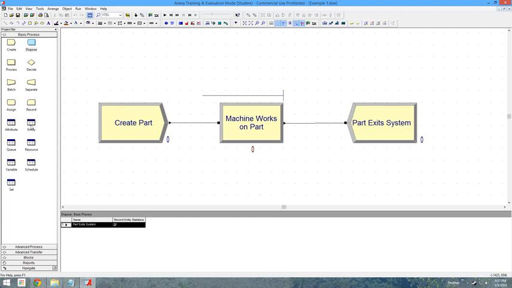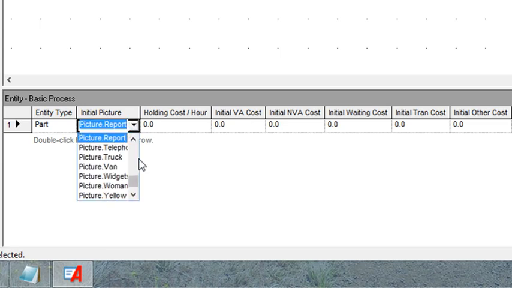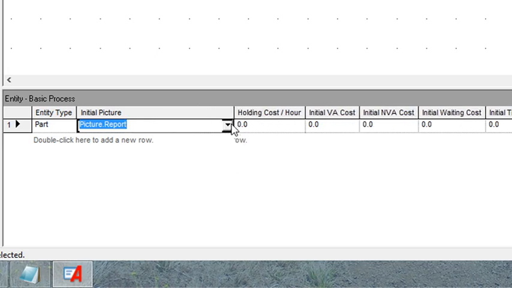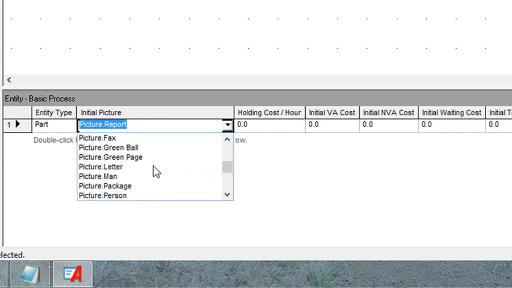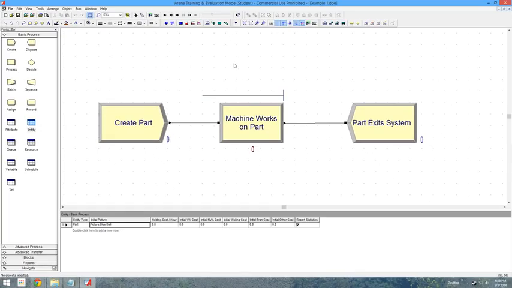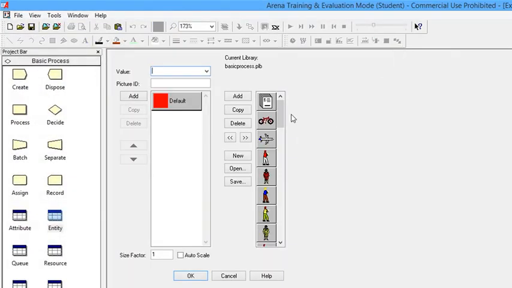Okay, so one thing we want to do, we're almost ready to run this thing. You want to go to the entity module real quick, and you'll notice here it's got initial picture. So click that once, and you have a little drop down menu. Now you can't really read them, so we've got plenty of space on our screen, so let's pull it over, and you can see all these different things. For these arbitrary parts, let's just put a blue ball. Now if you want to see all these pictures, I have to click back out here so I can access these. Click on entity right here, and over here you've got all these different pictures. And if you hold your mouse over them, I think it'll